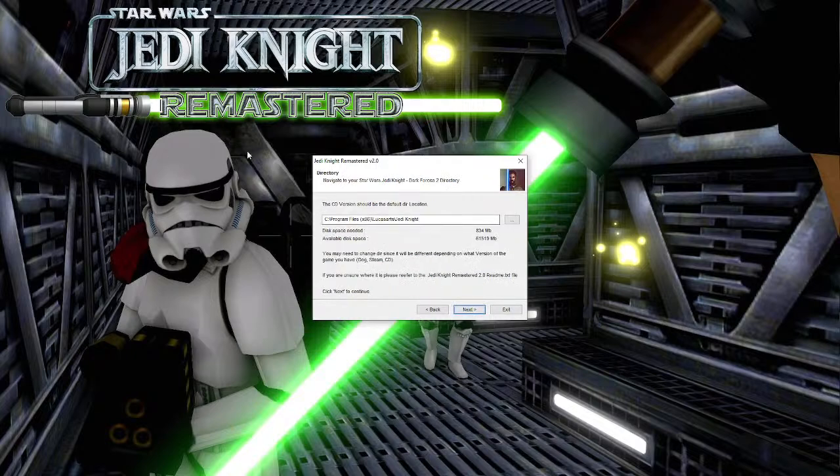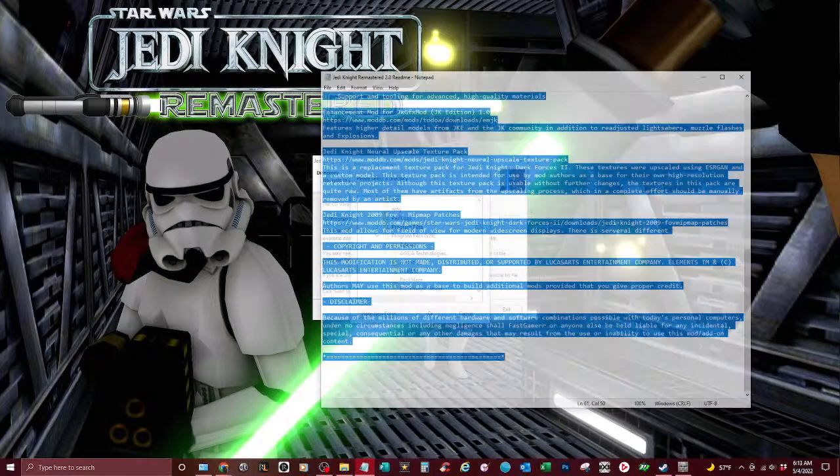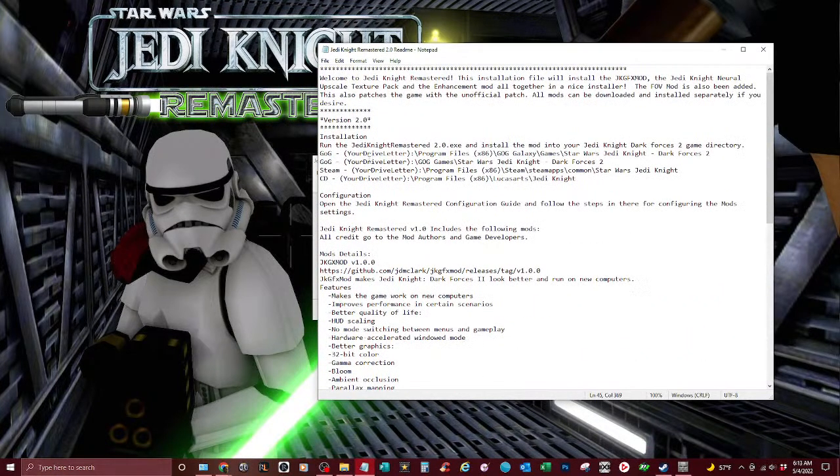So click on that. This part is going to be different for everybody. If you have the CD version, it could very well be exactly this, if you installed the CD version like I showed you. But the thing you need to look out for is whether it's the C drive, because a lot of people have different drive letters, so you need to figure that out for yourself. I would just click on these three dots and see. Your main local disk is probably where your Jedi Knight is installed. So click there and just open up the README file, because the README file tells you where